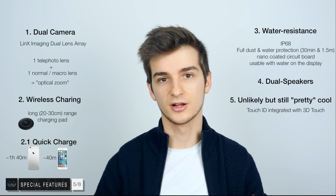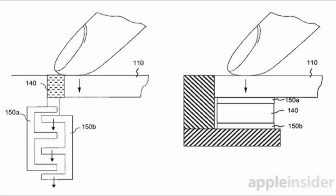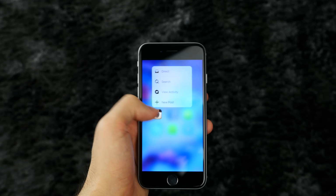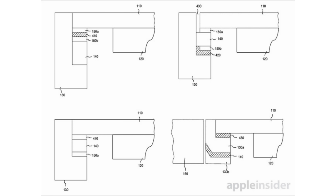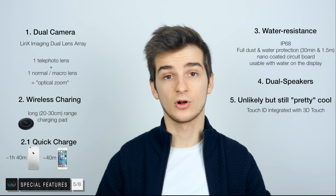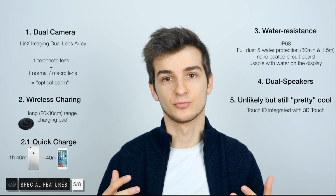First off, Touch ID integrated in the display. Talked about in the first part of the video. Basically, Apple has patented this as well. As you probably know, the iPhone 6s comes with Force Touch or 3D Touch, and this is basically just an improved version of 3D Touch that also allows home button functionality directly in the display. So this involves the complete removal of the home button, and with this you would actually gain a pretty huge